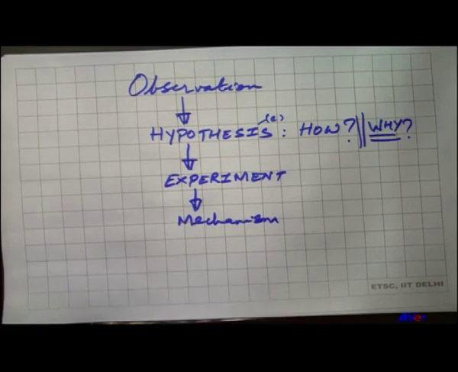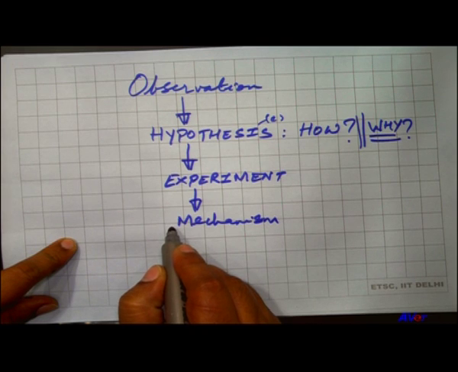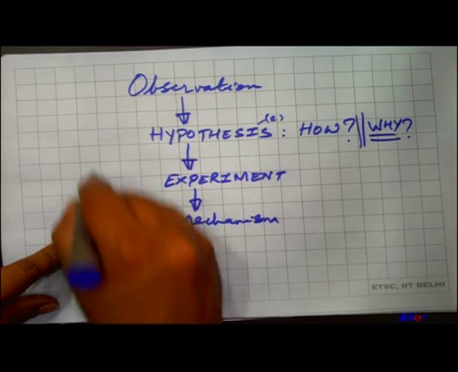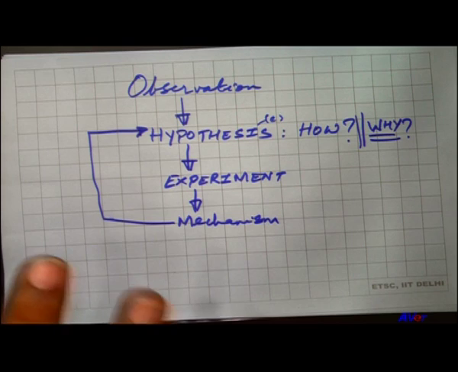In that case, our mechanism will not work. Therefore, we go and build back our hypothesis. This cycle of creating hypotheses for observations, leading to experiments, leading to mechanisms is one of the foundations of any science and of course,